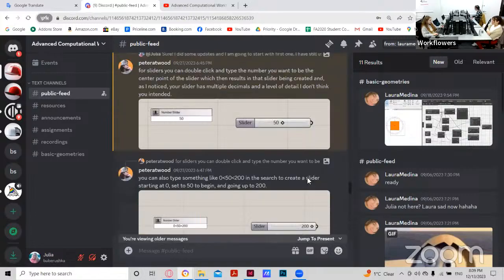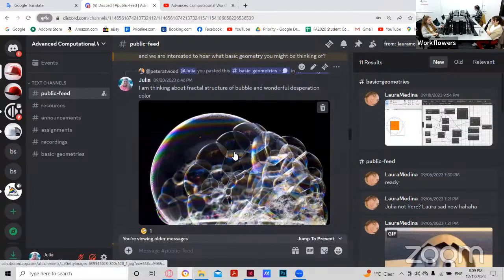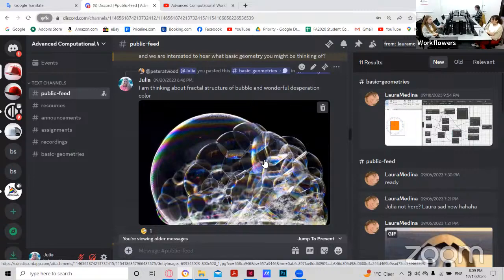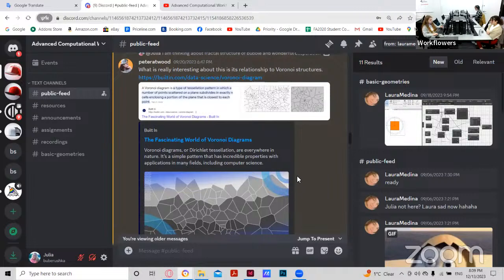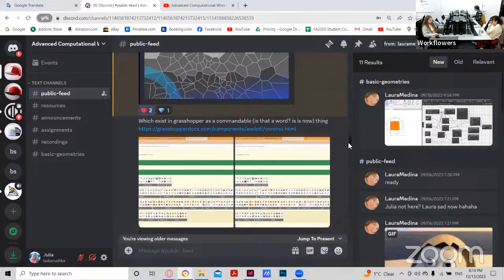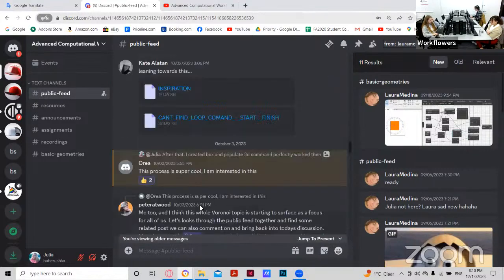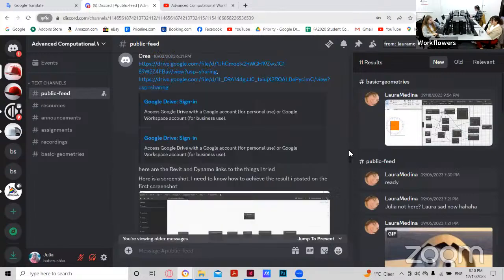Yeah, what's interesting, I started to work being inspired by soap bubbles, trying to figure out what this is and how we can mathematically and physically describe this process. It was really great. And yeah, Peter helped me with this Voronoi system. It's a pretty cool structure. And what's most interesting for me is how we can apply it in real life.